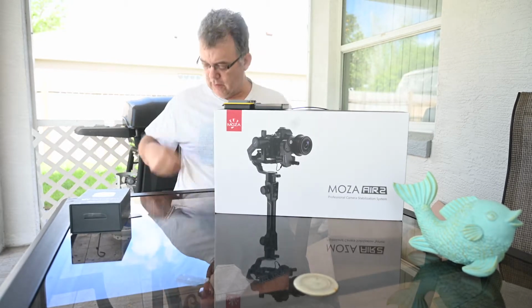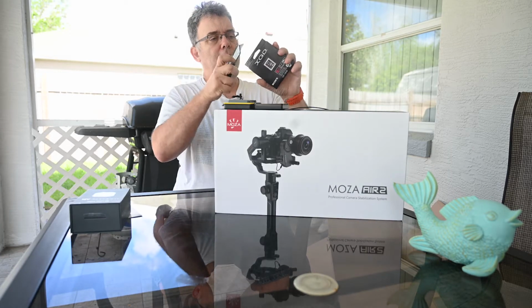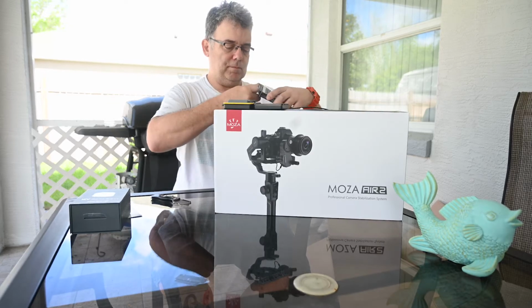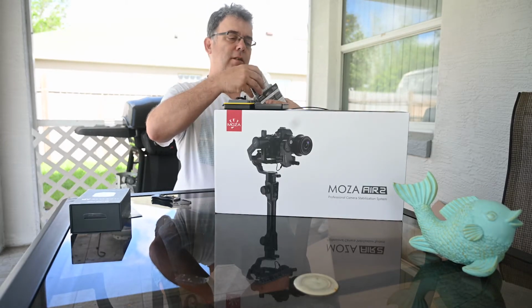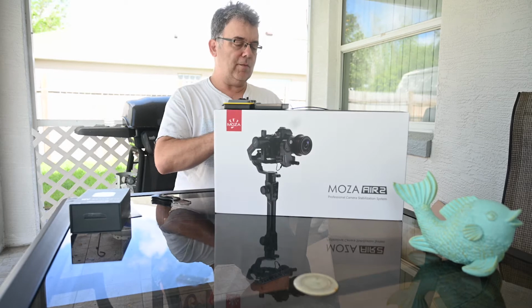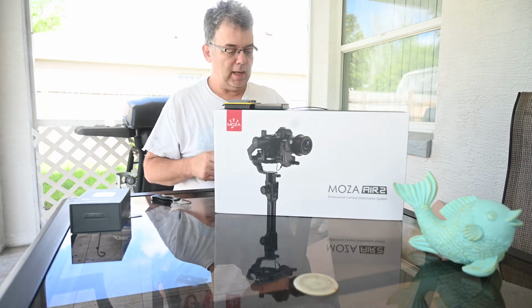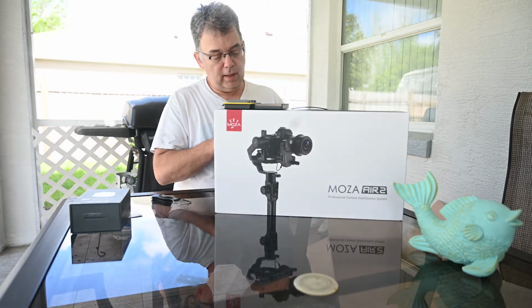So I'm going to open up this XQD card. Let me get my knife. And open up the XQD card here. 64 gig XQD card. I always got to have extra memory cards. I normally would get like 128, but like I said, I was waiting for the CFast Express cards to come out, and they still haven't come out, so XQD it is. Anyway,